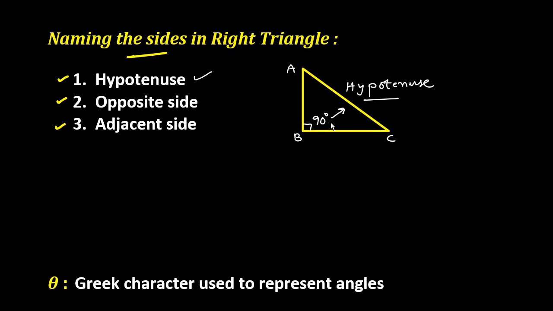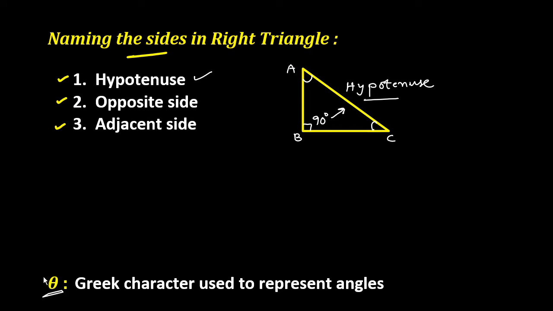Next, we all know that the sum of all three interior angles of a triangle is 180 degrees. If one of the three angles is 90 degrees, then the sum of the other two angles gives 90 degrees. That means both A and C are less than 90 degrees individually. So A is less than 90, C is less than 90. So they are called acute angles. We don't know what is the angle at C and what is the angle at A, but we know that the angle is acute. So come here.